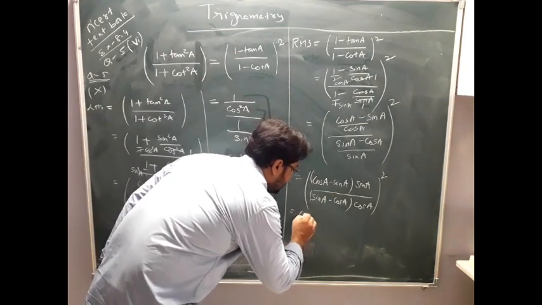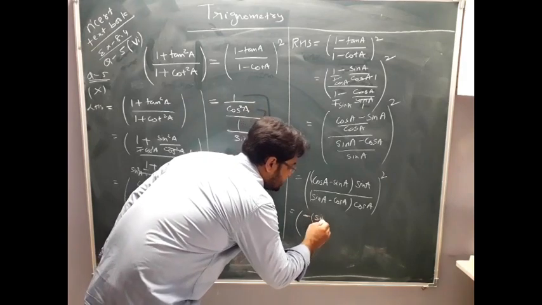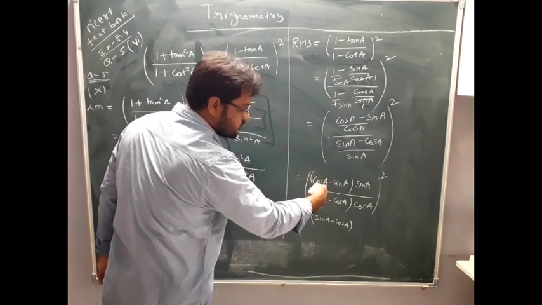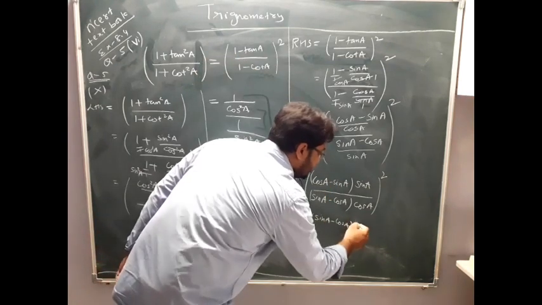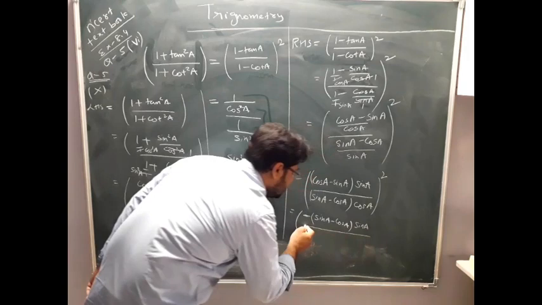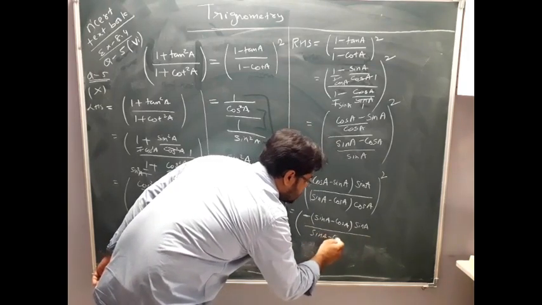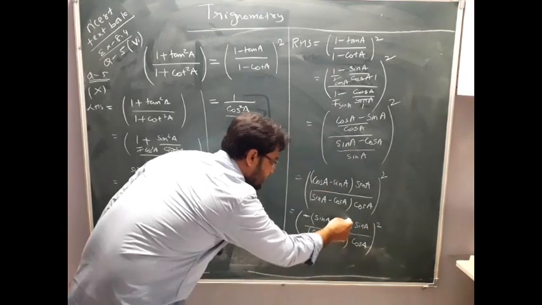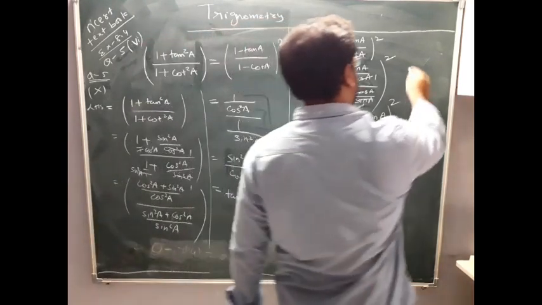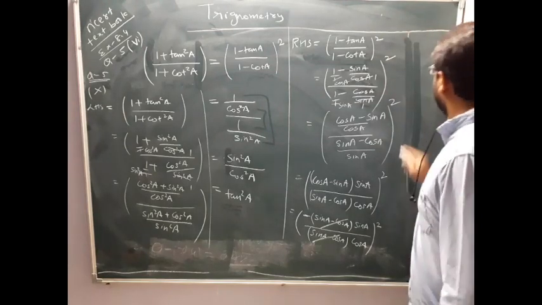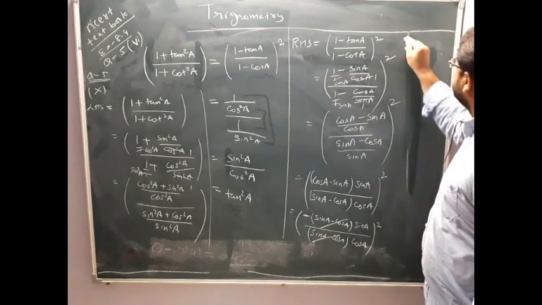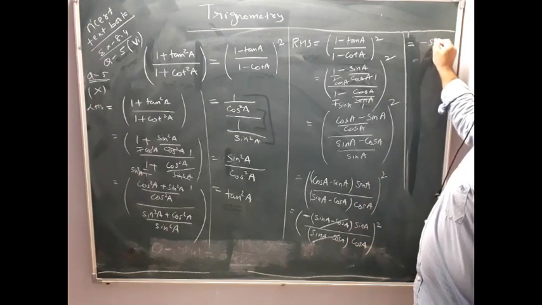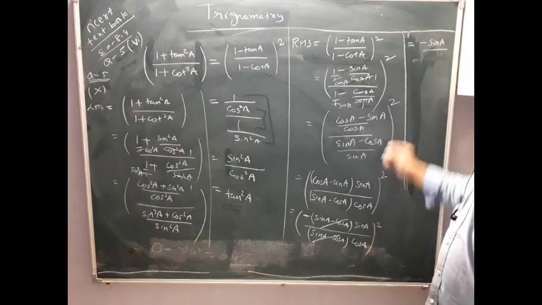So see here, minus common from this. So I will get what? Sin A minus cos A. From this portion I have taken minus common, so sin A minus cos A. Here I have sin A. Here I have sin A minus cos A times cos A, the whole square. See this gets cut. So you can write down C here. What is remaining? Minus sin A by cos A.